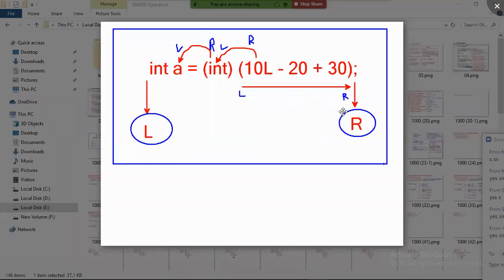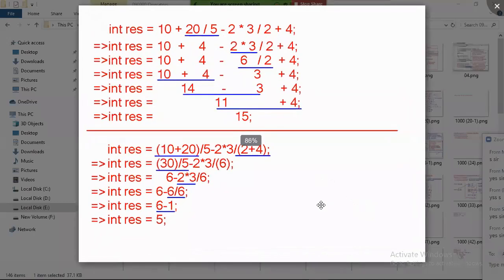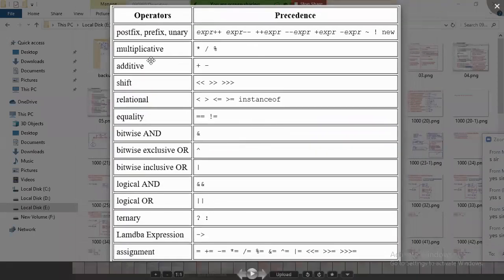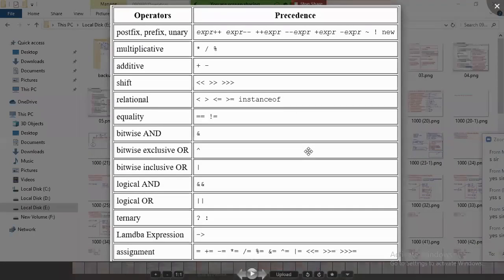This entire expression is executed left to right. The final result, the cast operator and assignment operator, are executed right to left. I will explain this evaluation later. Now look here: operators and precedence. Just observe, you can understand yourself, no need to explain much. Which operator is executed first in an expression? Always unary operators are executed first.